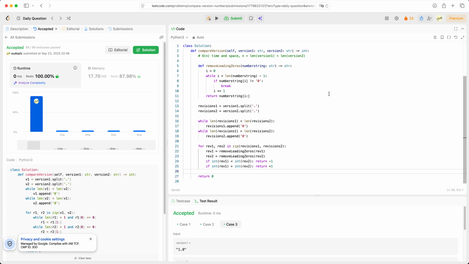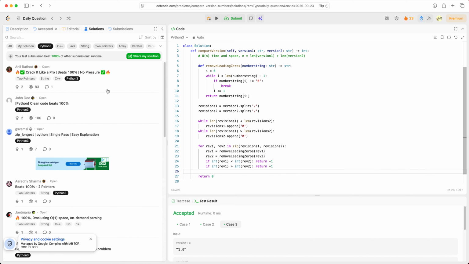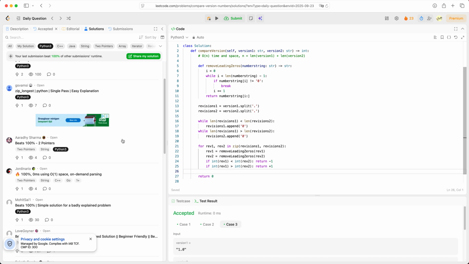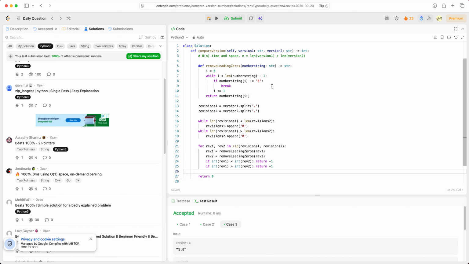Anyway, I hope that was a good enough explanation. You can also look at the solutions. Other people post solutions, which is also insightful. So here's one with O of one space. That would be interesting to look at, because here we're building new strings, which of course takes more time. And maybe I'll create another version where I try one with O of one space as well. Now that would be a different